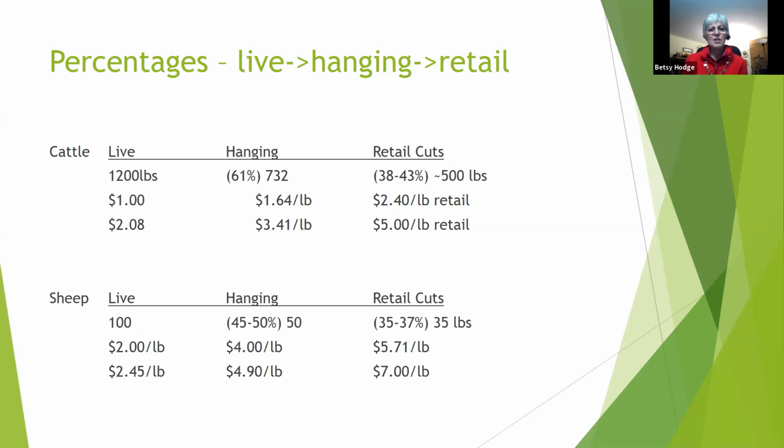It is tricky to explain to people. I hear people say all the time that the processors stole their meat and that sort of thing. I don't think they'd be in business too long if they were really doing that. I don't think a lot of people realize that the hanging weight is not the same as the retail cuts. So make sure if you have customers coming and buying from your farm that you try to explain as much as you can, or just set a price per pound retail, although technically you're supposed to be doing it on the live weight basis.